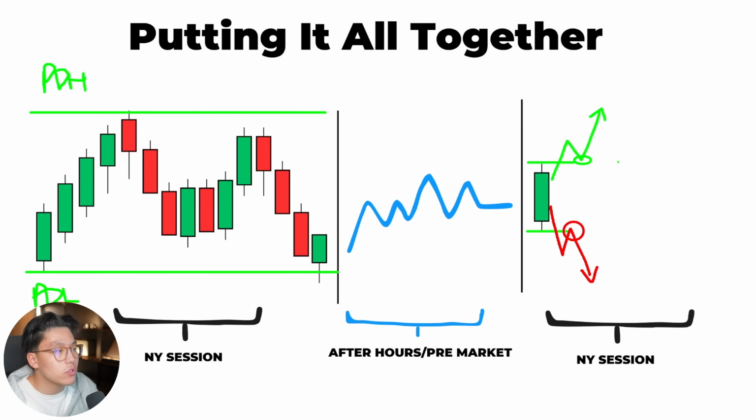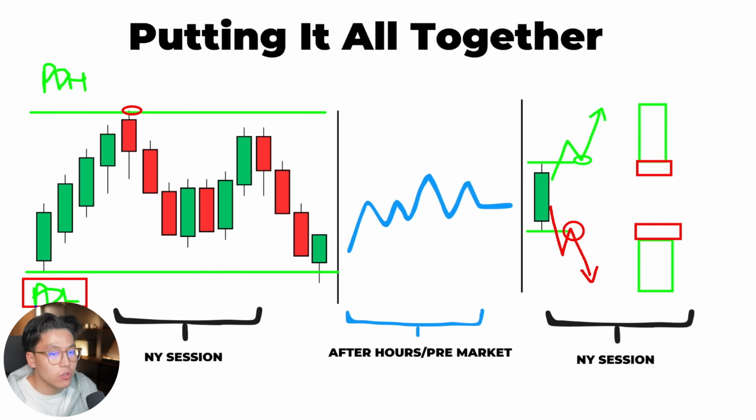Both these scenarios, right, if we ended up playing towards the upside, we'd be looking for a 1 to 2. And our targets in this case would be your previous day high or a 1 to 2. And our targets towards the downside would be your previous day's low or a 1 to 2, depending on which one hits first. So with this being said, let's go on to some of the rules that I look for